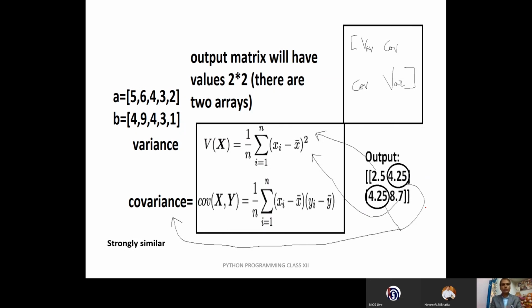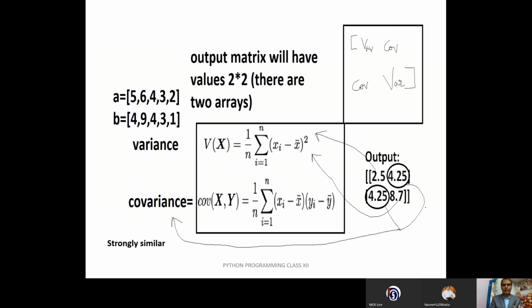There is no issue because it's very simple. You have to take a value, simply add it, and divide by the number of elements, and according to the formula you go x minus x bar square, like that. Each and every value will come, variance will come, then covariance will come, again variance will come for the second value, and covariance will come for all the values.